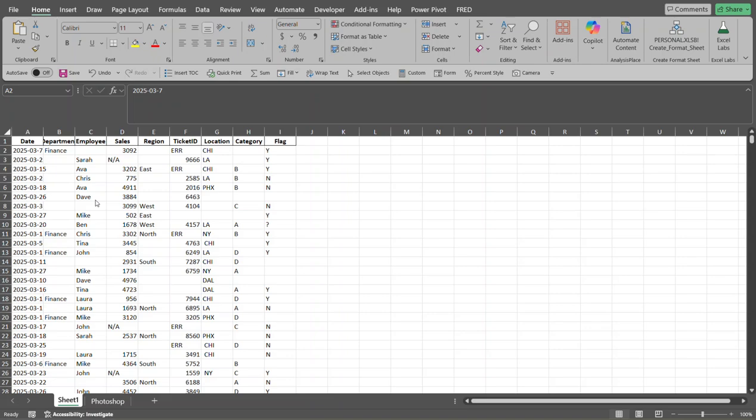Today's tutorial is going to be on how we could clean up this data set that you see here using Power Query. You'll probably learn something new today with the tasks that we're going to be taking care of today. So let's go ahead and open up a new sheet,